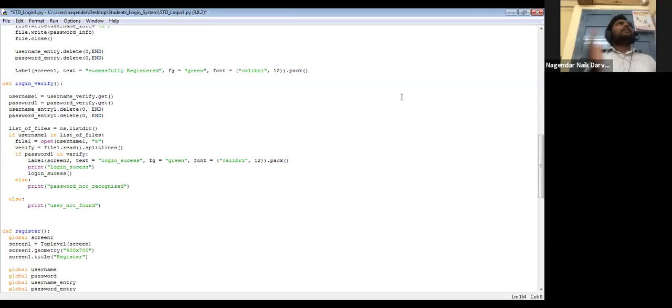Suddenly, I don't know what happened. My phone temperature rose to more than 50 degrees. Okay. So it was showing on the screen.